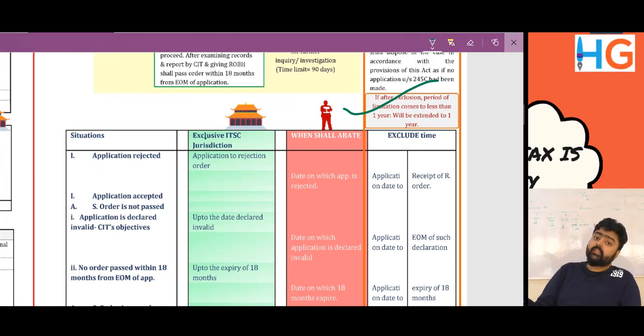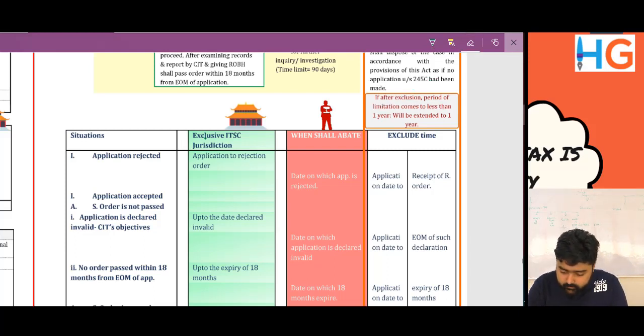Now, after excluding the time spent in the temple, if the period for the assessing officer goes below 1 year, it will be extended to 1 year. If after exclusion the period of limitation comes to less than 1 year, it will be extended to 1 year.